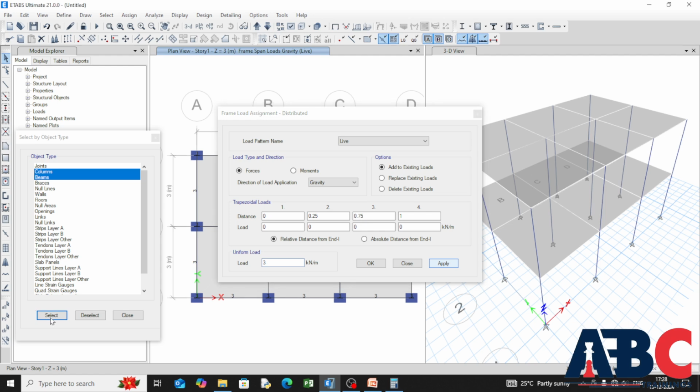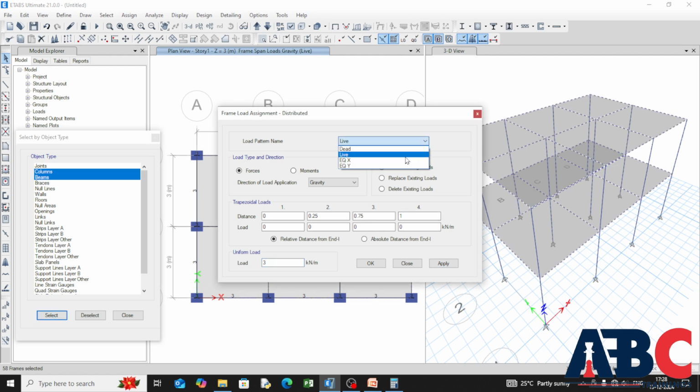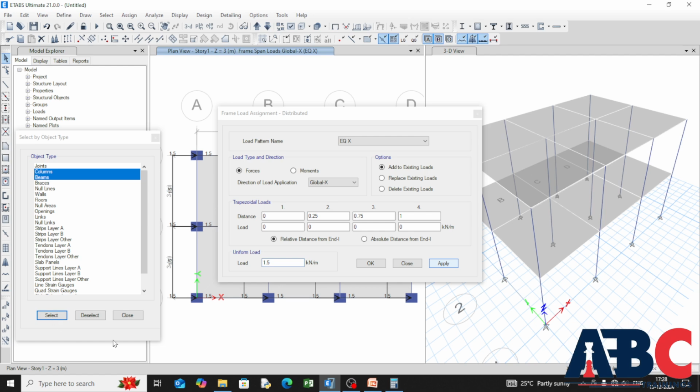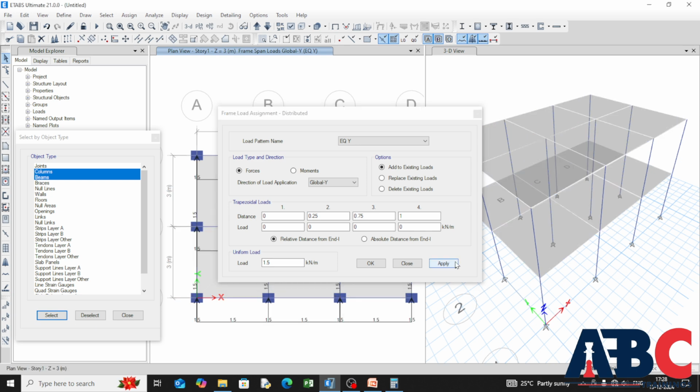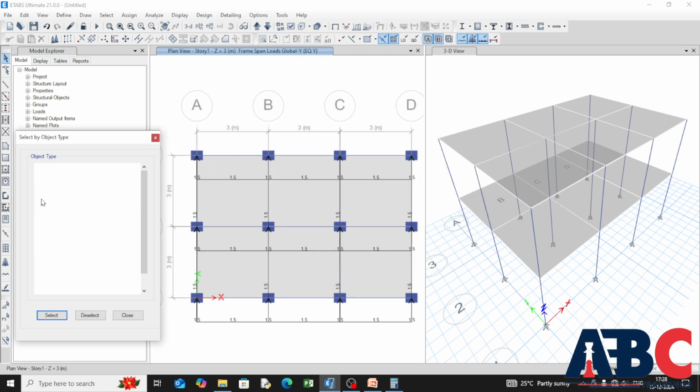Then select again for earthquake X, for the X direction, and always remember the earthquake load is one half of the live load. Apply. Then again select for the Y direction, change the direction, one half of the live load, and apply. Similarly for the floor,